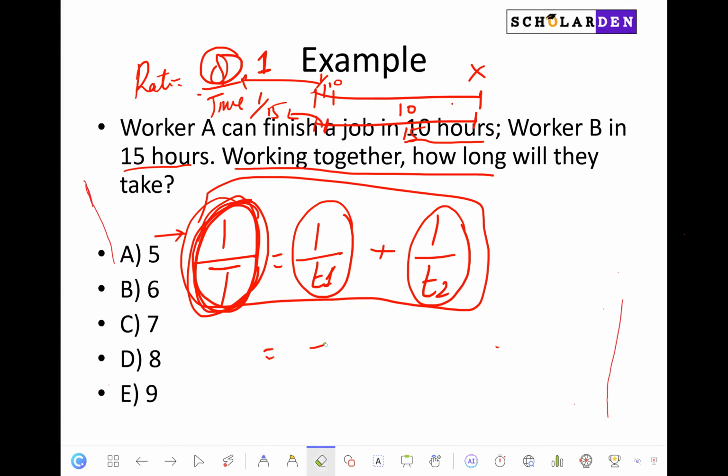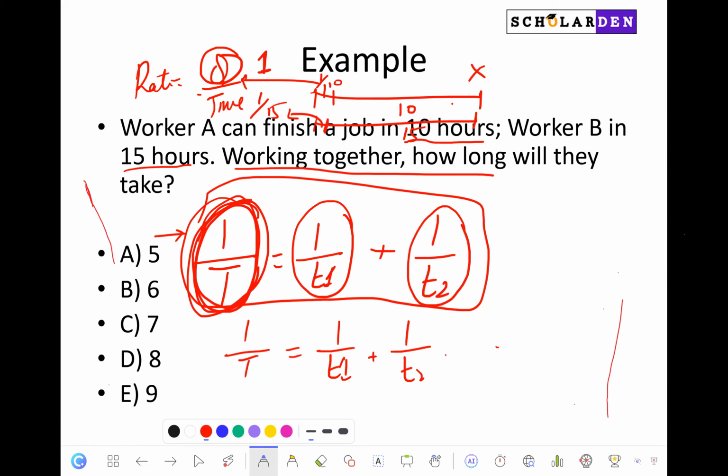And so what this tells us is that, for any task, when the rates are being merged, the reciprocal of the total time taken in the presence of more than one worker is equal to the sum of the reciprocals of the times taken by them individually. Okay, and this particular expression really helps you in scenarios where the total volume or the total quantity is not given, and you're just given some semblance of time or rates. Specifically in this case, you're given